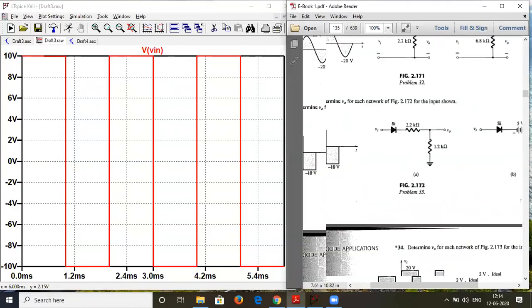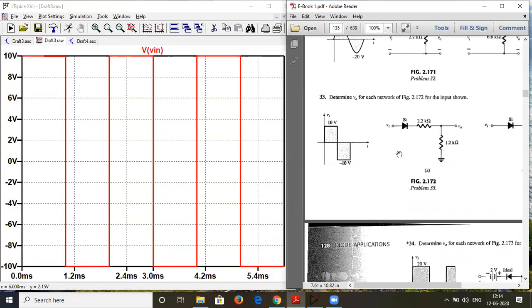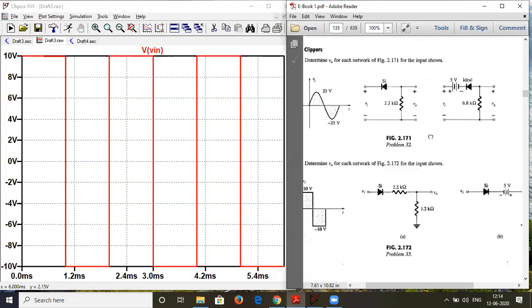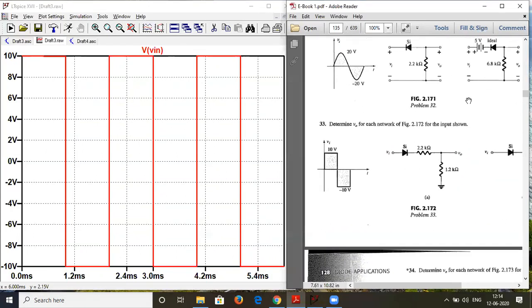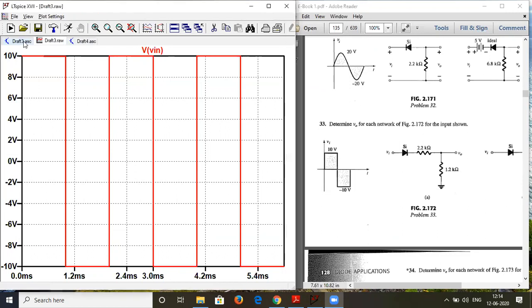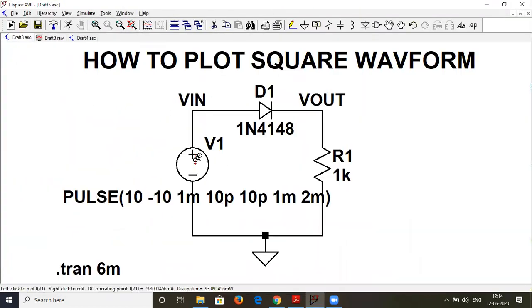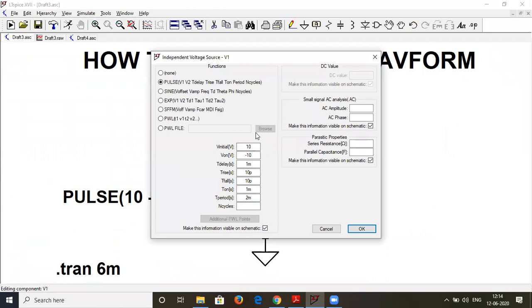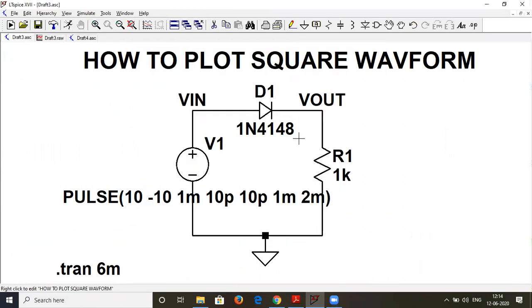No, sir. Those who will get this type of numerical, you have to solve it like this. Can you show the schematic again? The schematic for this, the pulse statement. Can you show that again? So what changes you did after that? This I want to know. The video is recorded, so you can actually watch that video.